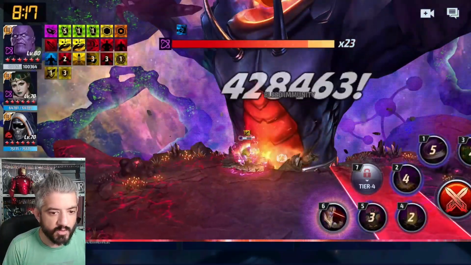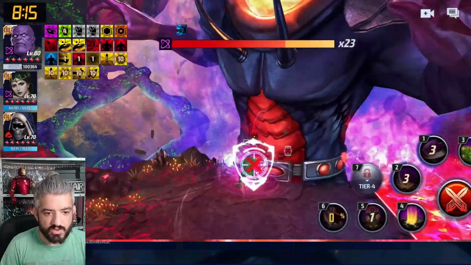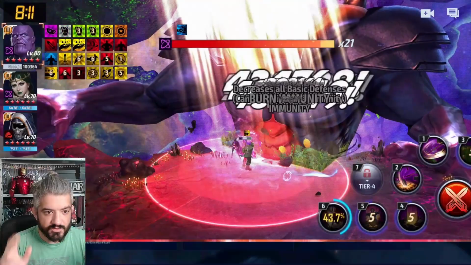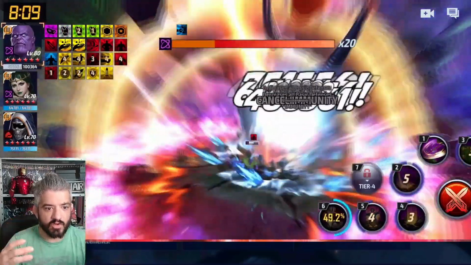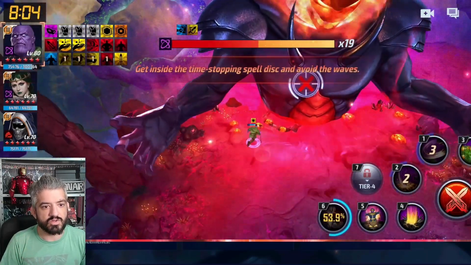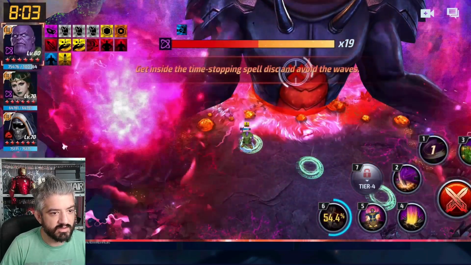With Black Bolt from the other side, you don't really need to press your second and your first skill because the 3 cancel 5, delay cancel 3 is charging you a lot of your tier 3 skill. So if you do 2 times your rotation, in the end you're going to have